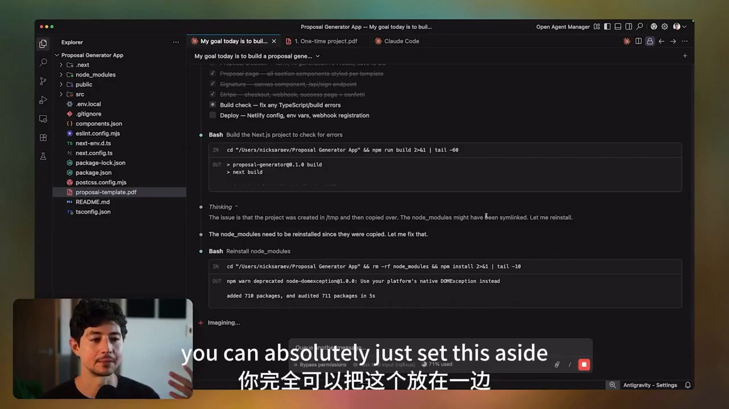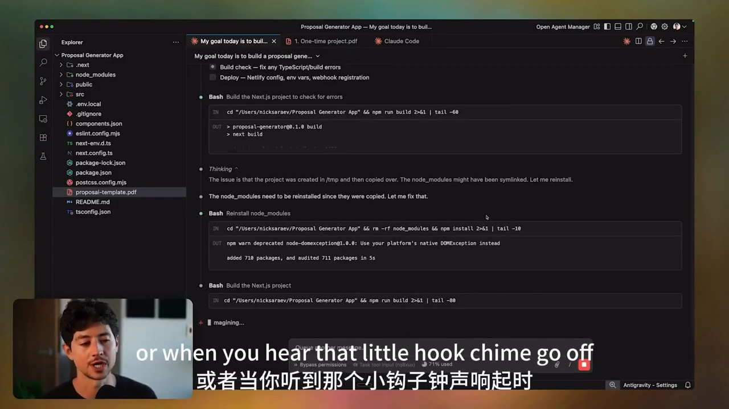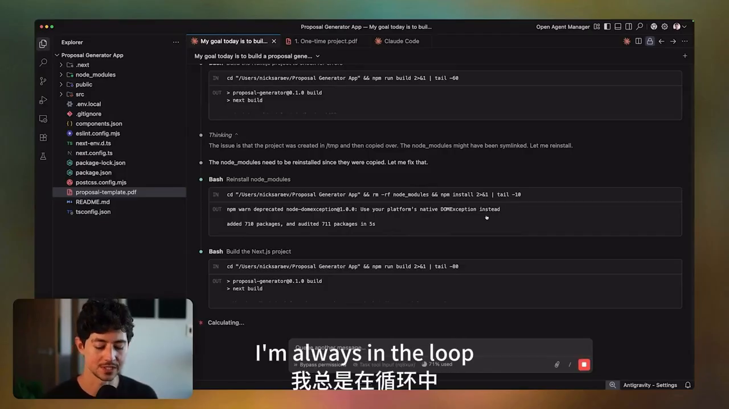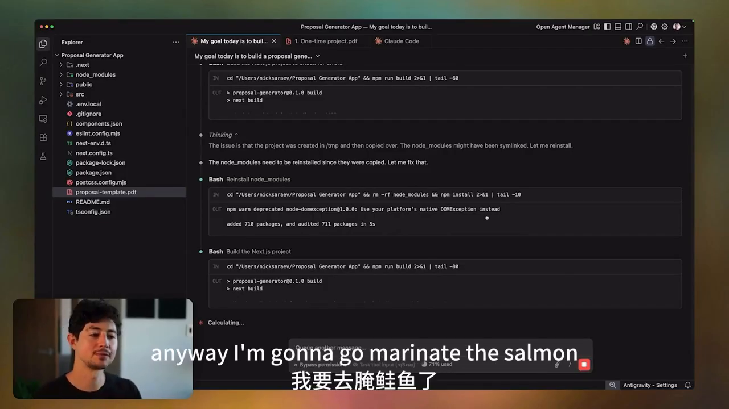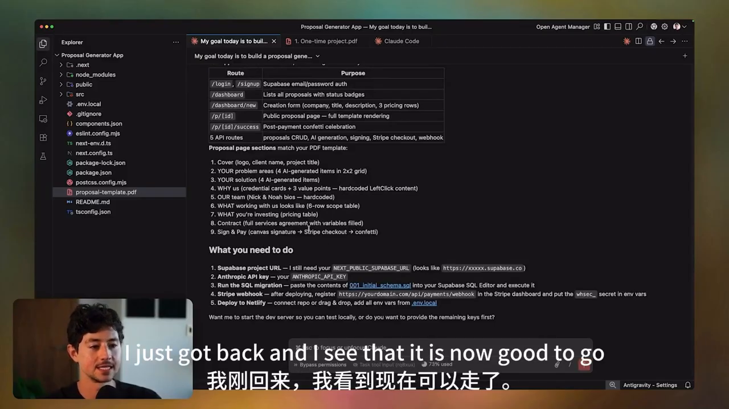You can absolutely just set this aside, let it continue the building, and then come back either when it's done or when you hear that little hook chime go off, which is personally what I use to make sure I'm always in the loop. Anyway, I'm going to go marinate the salmon, and when I come back, this app should be done. Okay, so 3 or 4 minutes later, I just got back and I see that it is now